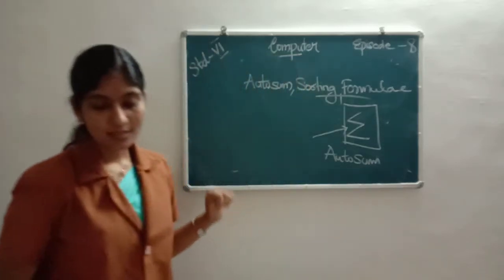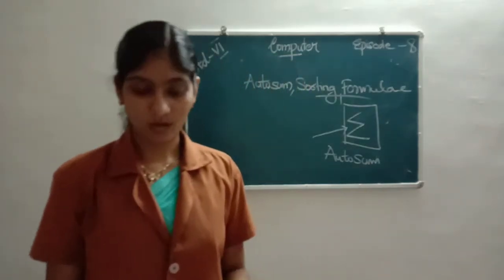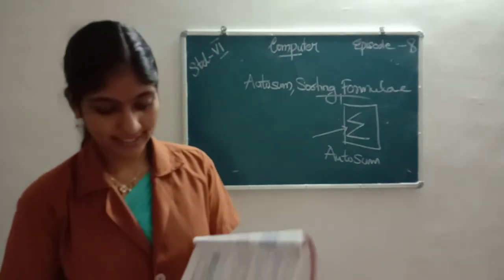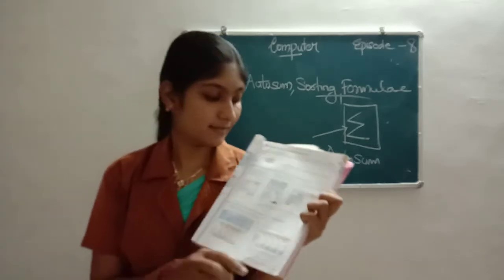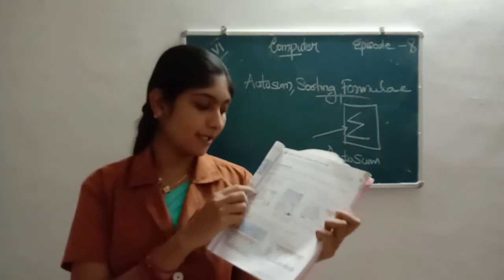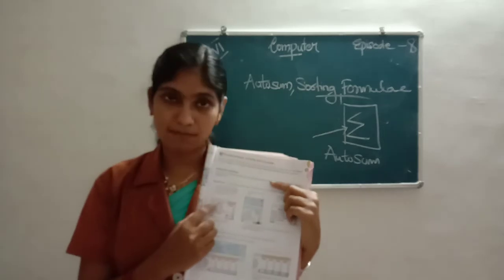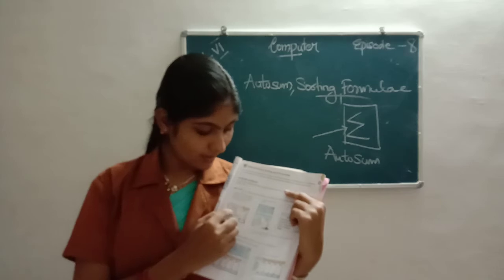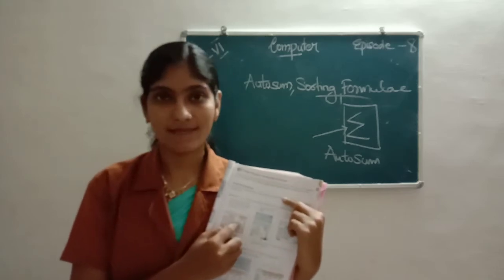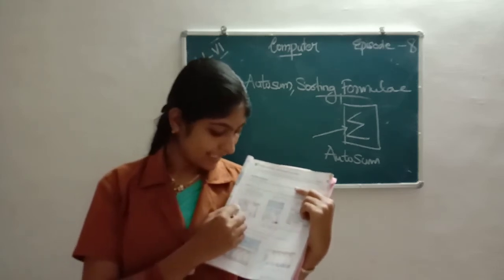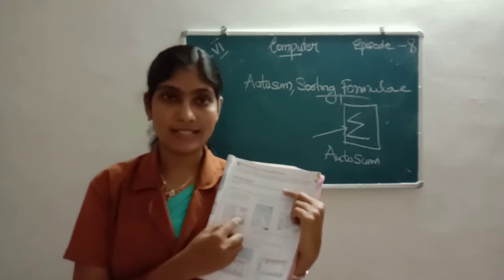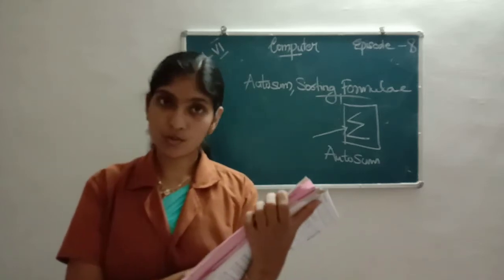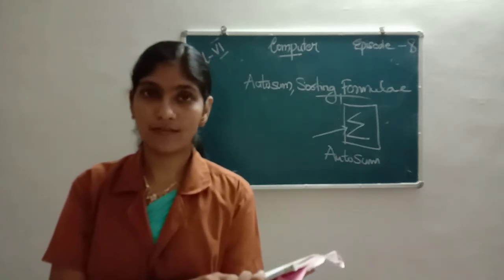So let's do it. For finding auto sum, look at the picture or the table in your textbook, page number 35. Here, the first field is matches and the second field is score. The first match, India versus Australia, and the score is 76. Next, India versus Sri Lanka, the score is 98. Third, India versus New Zealand, the score is 134.